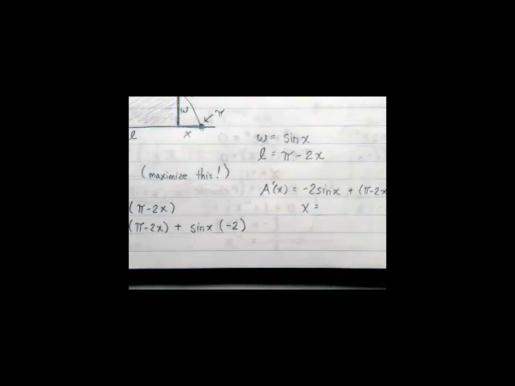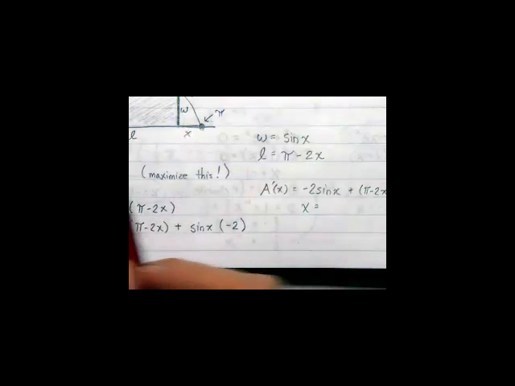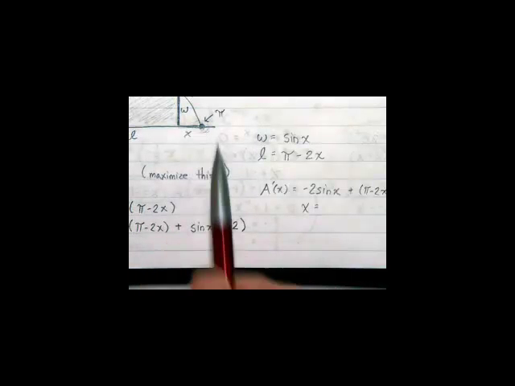Okay. Shh. Now, I only made my x go 0 to pi. Take a look at the picture here. Does that make sense why I did that? Yeah, we're trying to figure out how big x could be. And x is going to be pretty tiny, right? It's definitely not going to be any bigger than pi. So the solutions that I'm getting here, when I'm looking for my zeros,